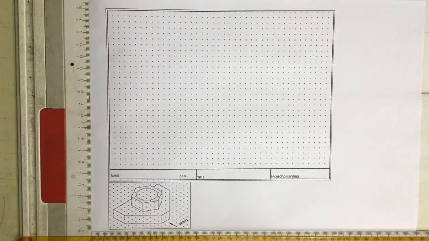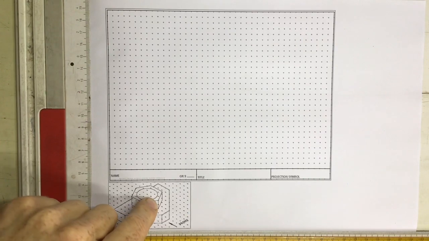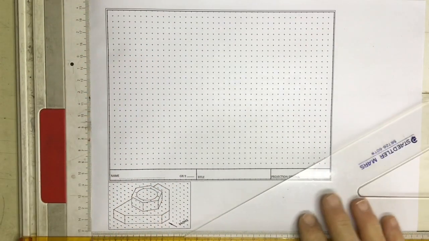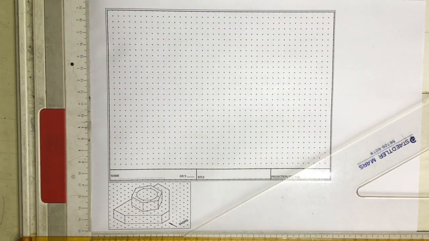All right, we're going to look at doing this isometric drawing. We're going to take this isometric view and make it into a first angle orthographic projection. Step number one is that we need to find out what the length, the breadth, and the height of this